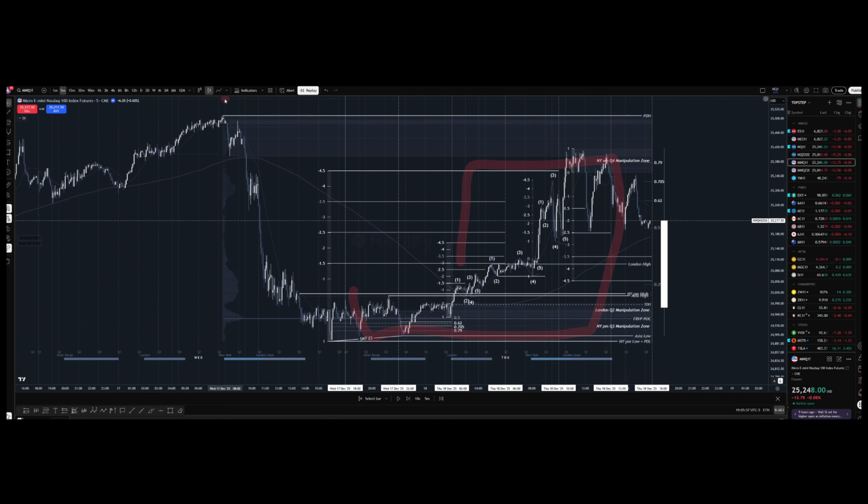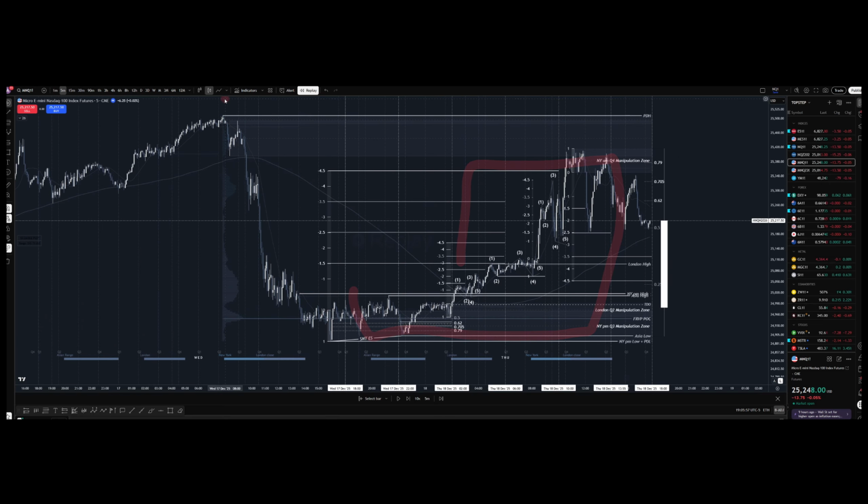So now we're still within this zone. We've got SMT at the low because ES has made the lower low and come back up, and NASDAQ is the stronger asset. So then once we come back out here and we flip the CB in here,